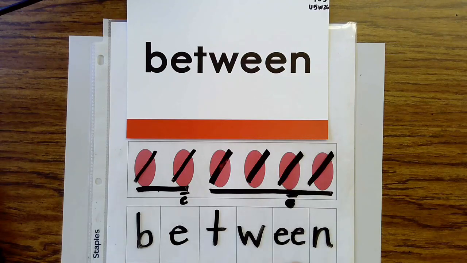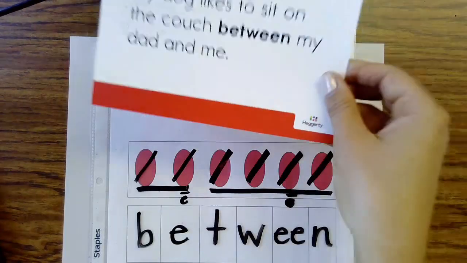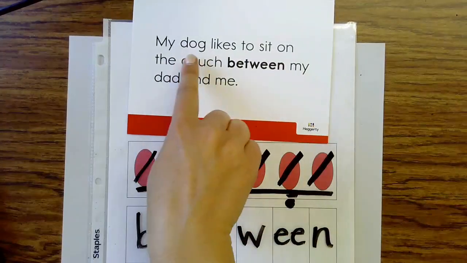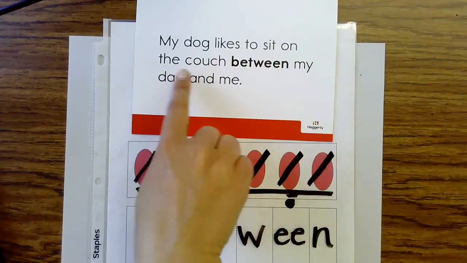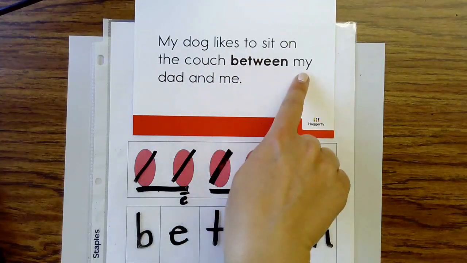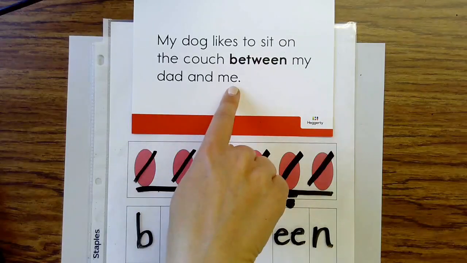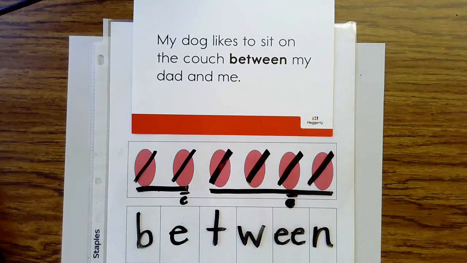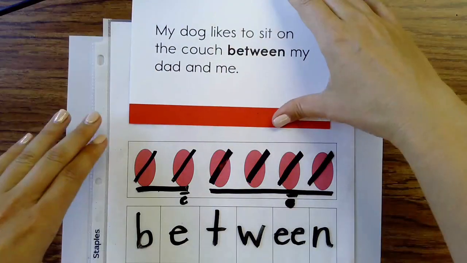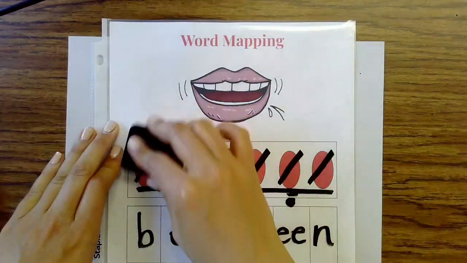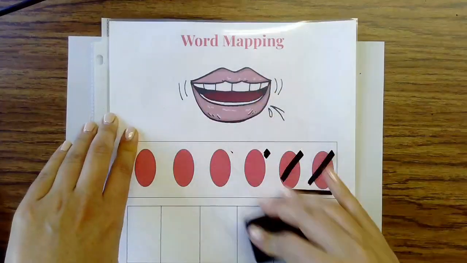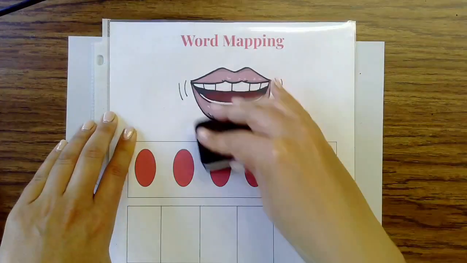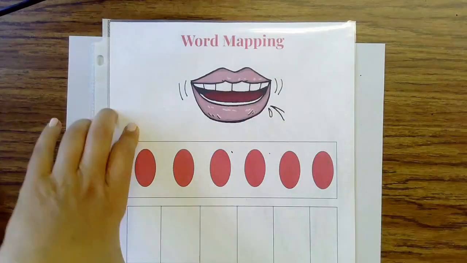B-E-T-W-E-N. Between. For example, my dog likes to sit on the couch between my dad and me. The word is between. Great job. Here comes our next word. Another 2-syllable word. This is the word